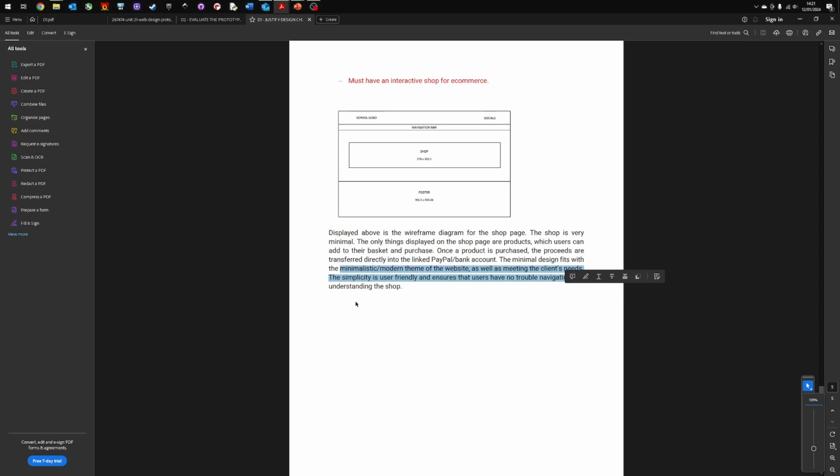So what you need to do is go to P2 and copy and paste the requirements into a new Word document. Then find the relevant P3 wireframe diagram, screenshot it, paste that underneath, and then describe how you have used that particular feature and how it meets the requirement of the customer or of the client. And that will cover you for